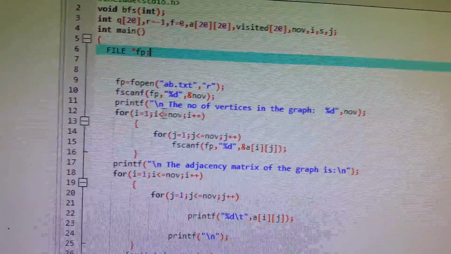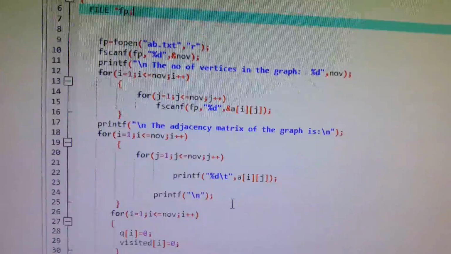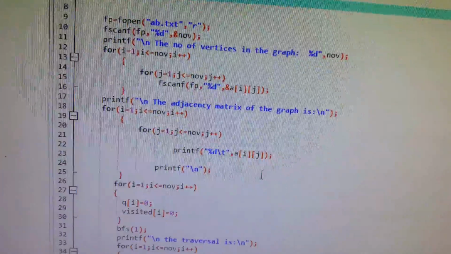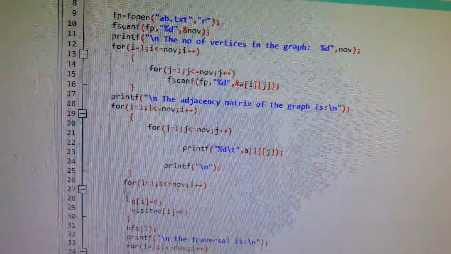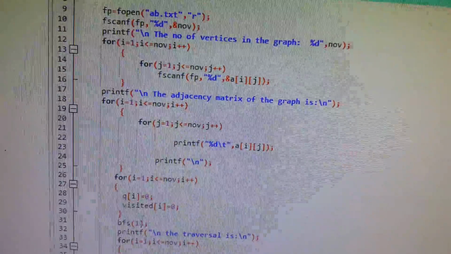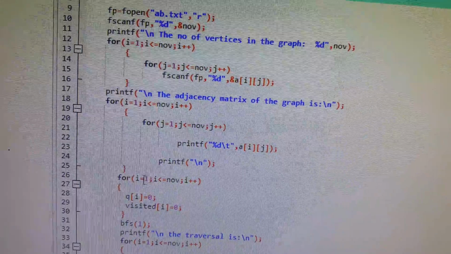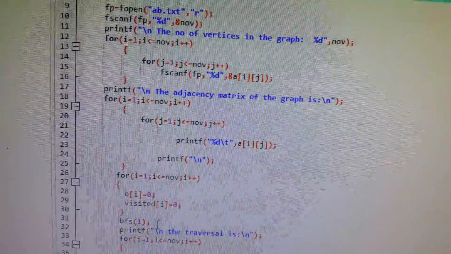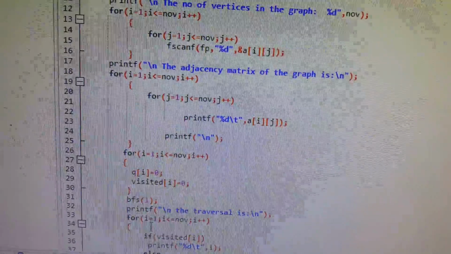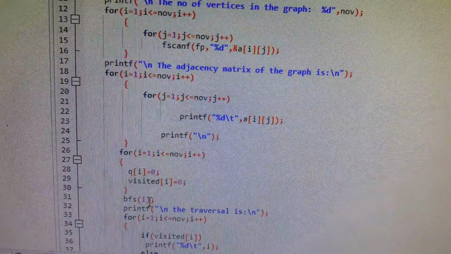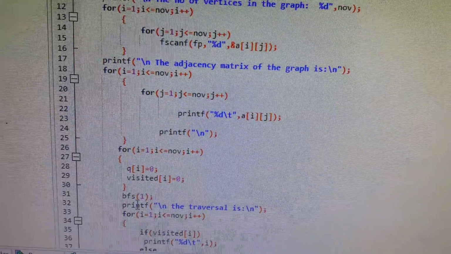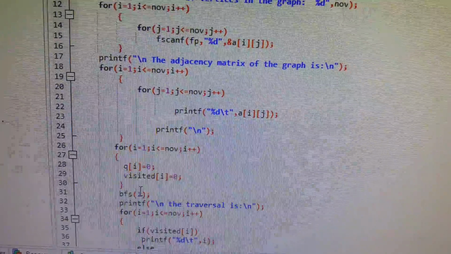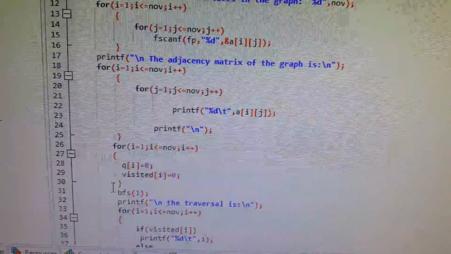From this text file I have accessed the input, then printed the adjacency matrix in the terminal, then made the queue and visited array 0 initially. Then BFS 1, where 1 is the starting vertex for my example graph, has been called from the main function with 1 passed as the argument.